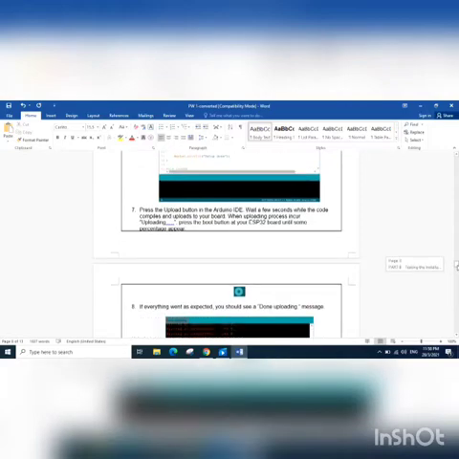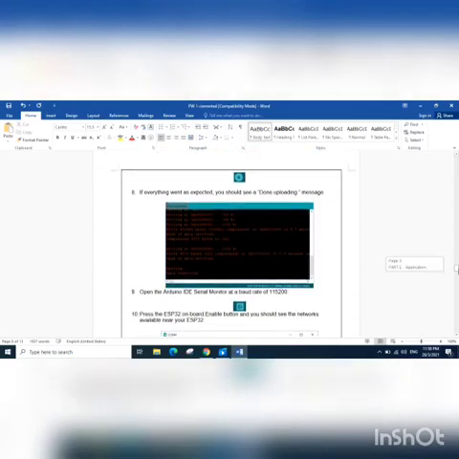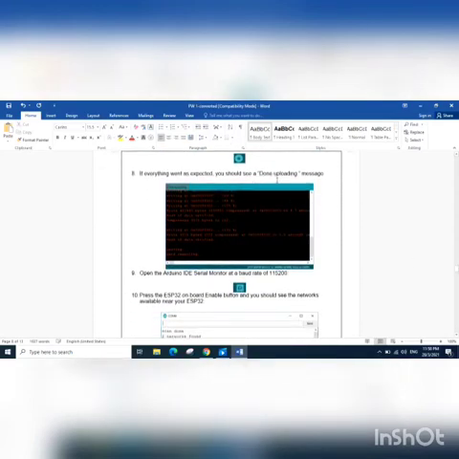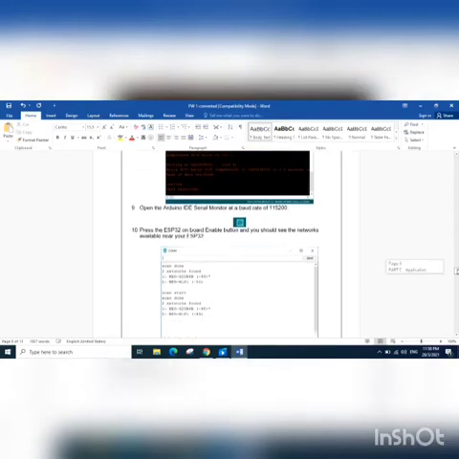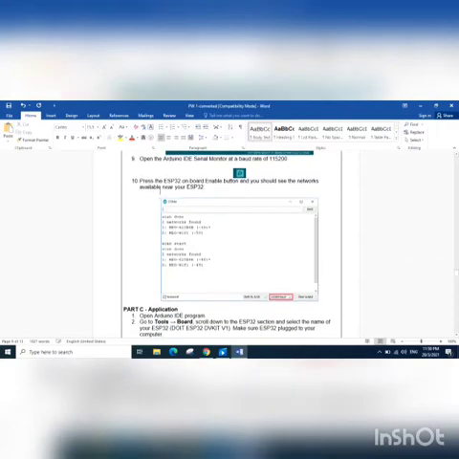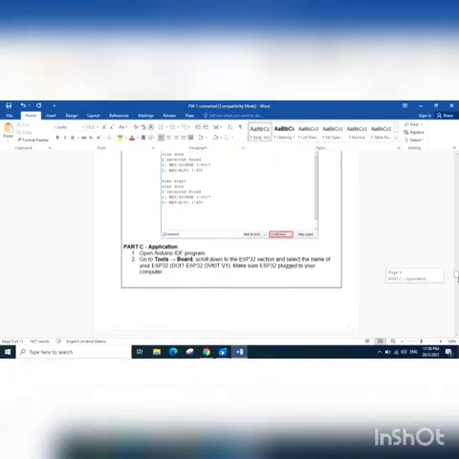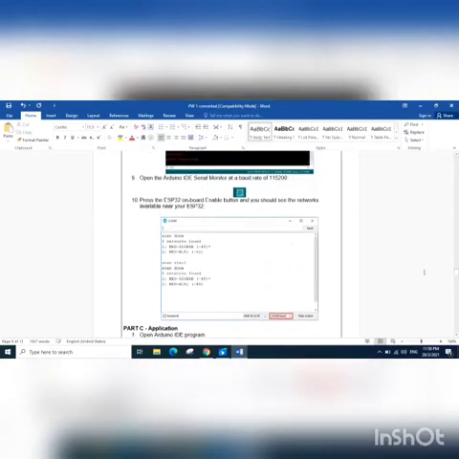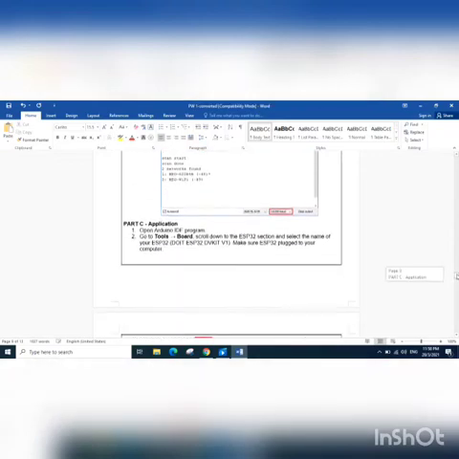After 100% appears, we can see the done uploading message. After that, we open the serial monitor in Arduino IDE and set the baud rate to 115200. After putting in the number, the networks available near our ESP32 will appear. For checking, we can also use our personal hotspot.